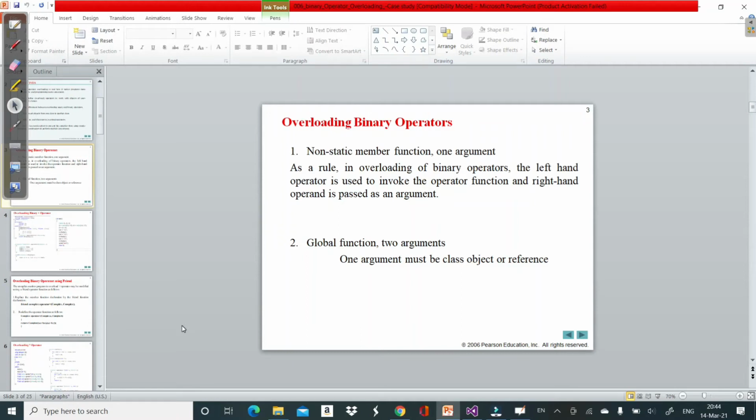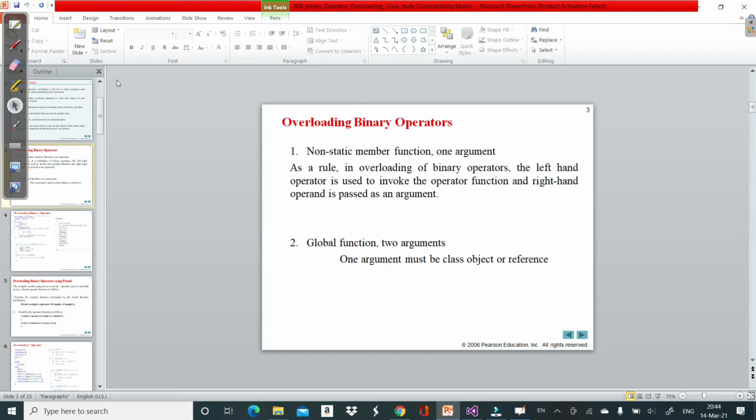Hello everyone. In the previous videos, we have checked about overloading unary operators. In continuation with operator overloading, in this video, we will check what are the conditions for overloading binary operators and how to overload the binary operators. So this we all know that unary operator needs only one operand and binary operator needs two operands. So plus, minus, multiplication, division, assignment operator are some examples of binary operator overloading.